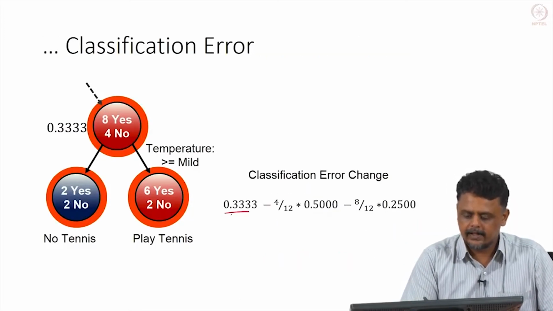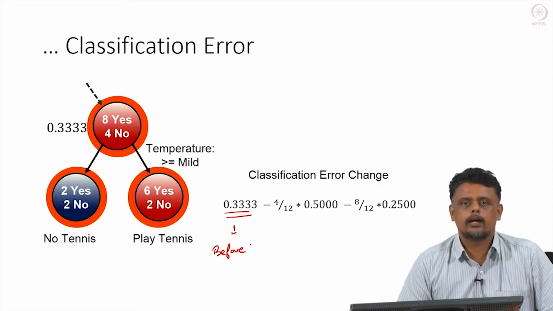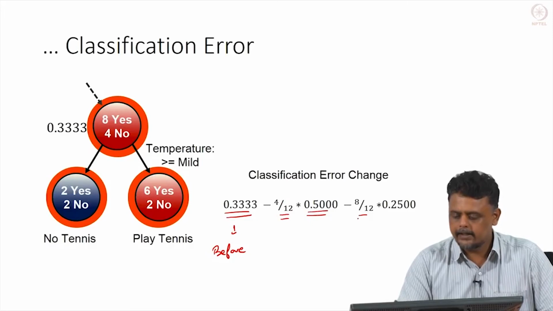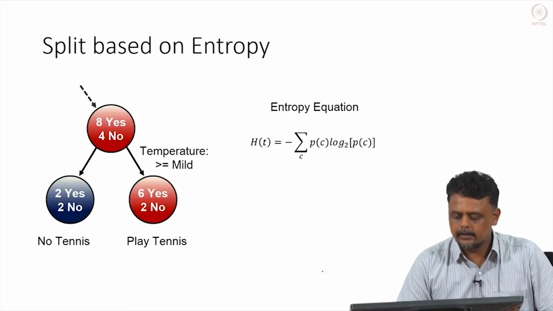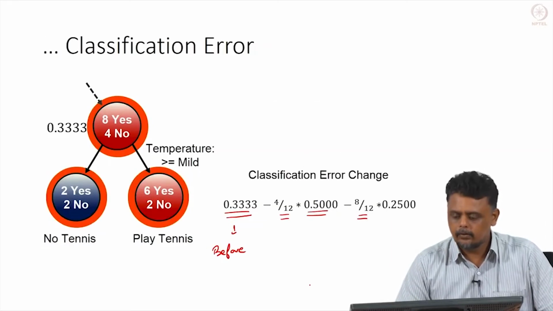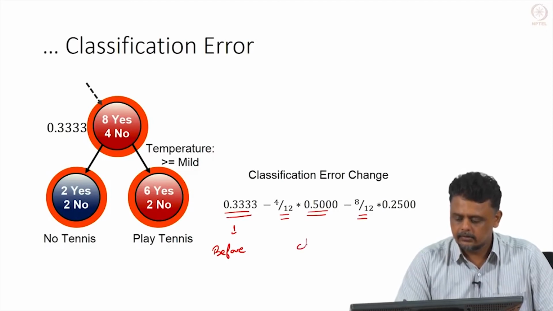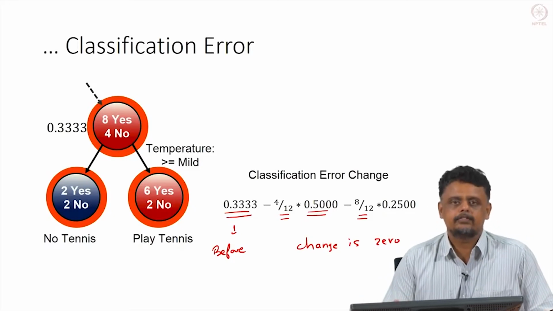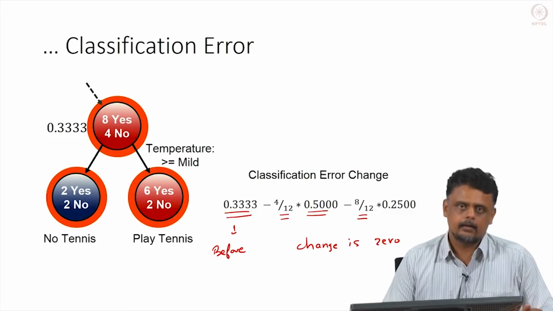So, this is the classification error before, this is before the split. Okay. Now, we want to do it after the split. So, the weighted average in this case, 4 out of 12 data points went to the left node. So, that weight is 4 over 12 times the classification error in the left node. The weighting for the right node is 8 over 12, that is 8 data points on the right node, 8 over 12 times 0.25, and you will see that if we do that, then the change is 0. So, this can happen when we use classification error as our metric to decide the split.